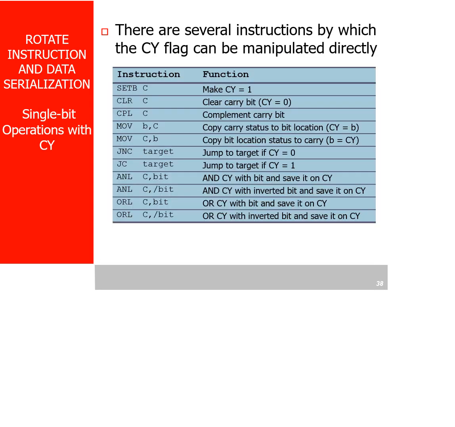Okay. Now these are the single bit instructions using carry. Set bit, clear carry, CPL carry, move bit. For example, you can write here MOV P3.0, C. Move carry to P3.0 like that. Jump no carry, jump carry. Jump carry is very important. For example, if you want to check whether the data after adding is more than FF or less than FF, you can use jump carry and jump no carry.